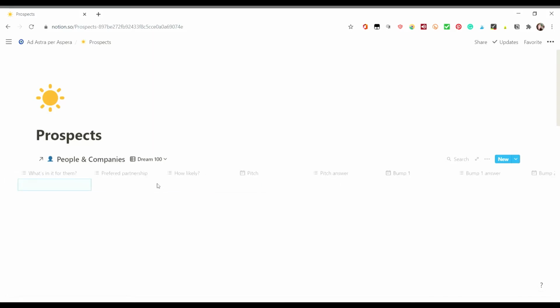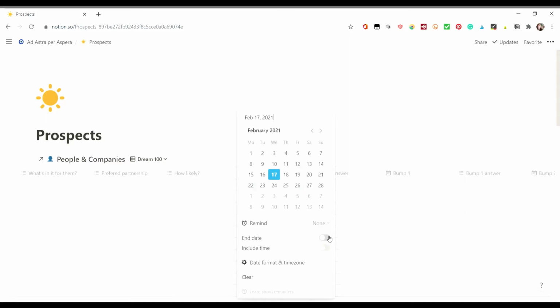You know, when do you actually send a mail to them, then send a second mail, send a third mail, and again, it's a date. So you can set a date, and then you can remind yourself that you need to do this. So, for example, if I want to write to them, I will send, for example, a mail on next Monday, the 22nd. I will click on this, then I can click on remind, and I can remind on the day of the event. So that means that on Monday at 9 a.m., I will receive an email telling me this,